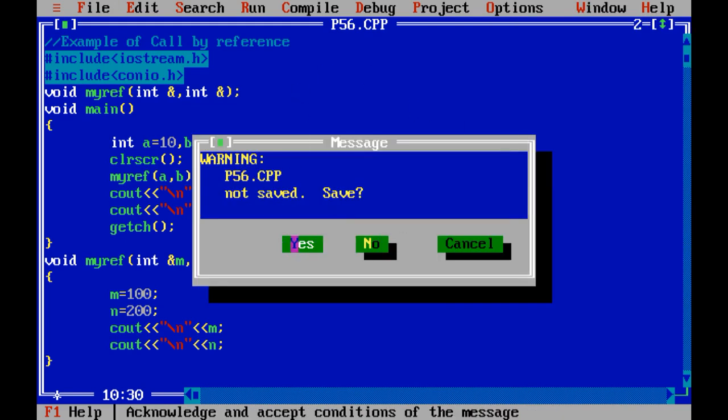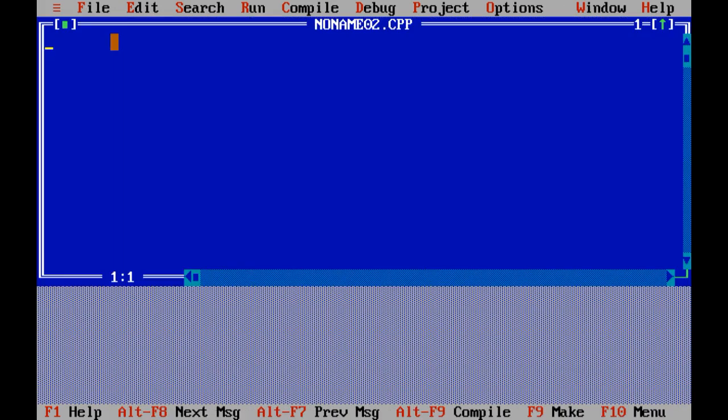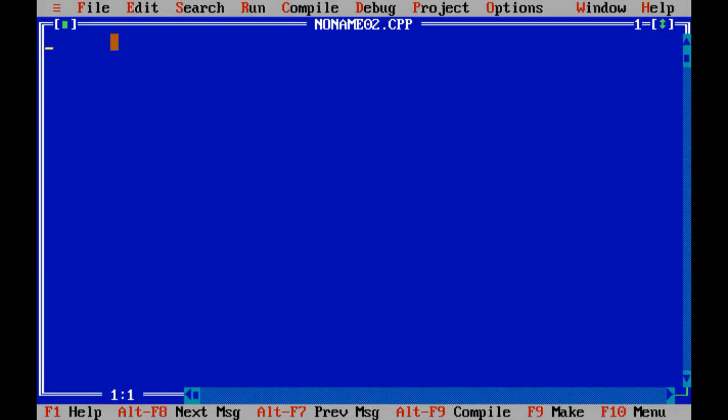Whatever programs we have performed would be by default using call by value only. So I would like to perform more practicals using call by reference.